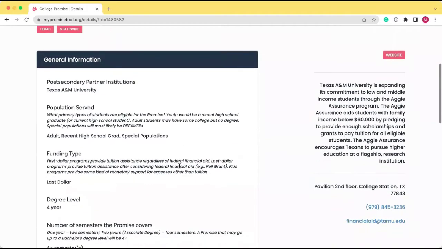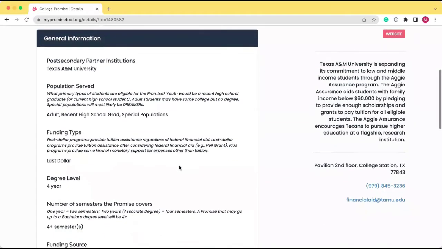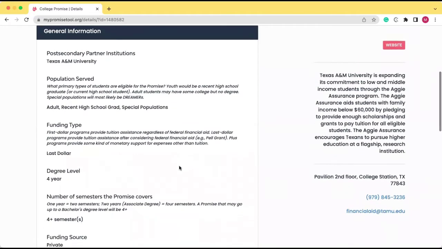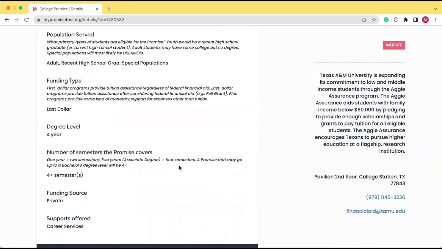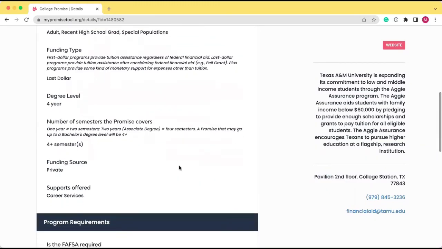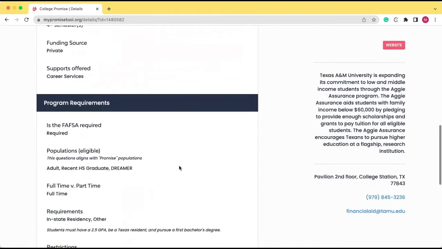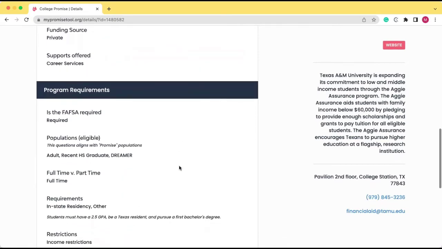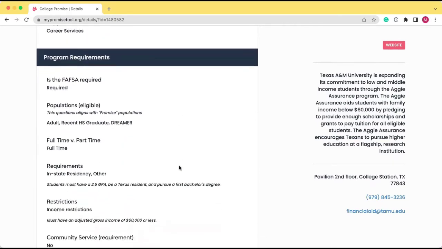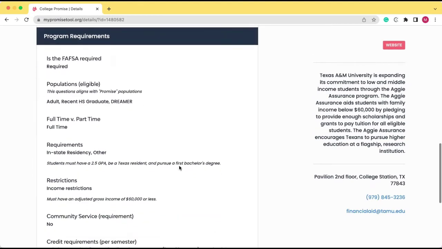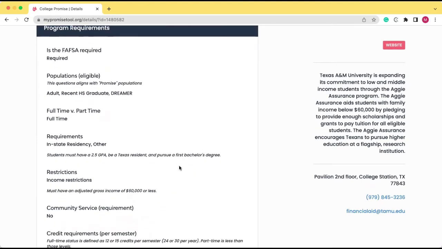You can see what specific populations this program may serve, the number of semesters the Promise covers, how they are funded, and whether or not they have any support services. You'll also see the eligibility requirements of your program here as well.